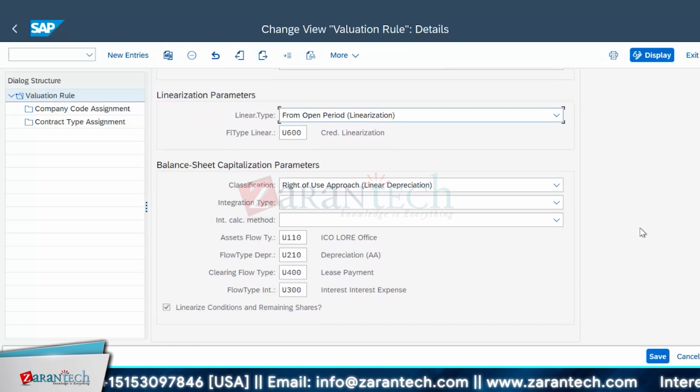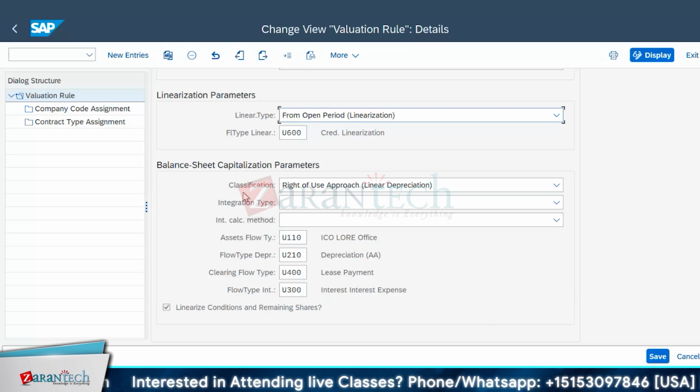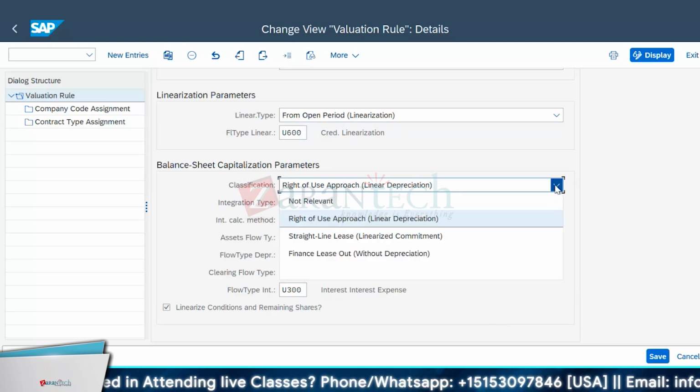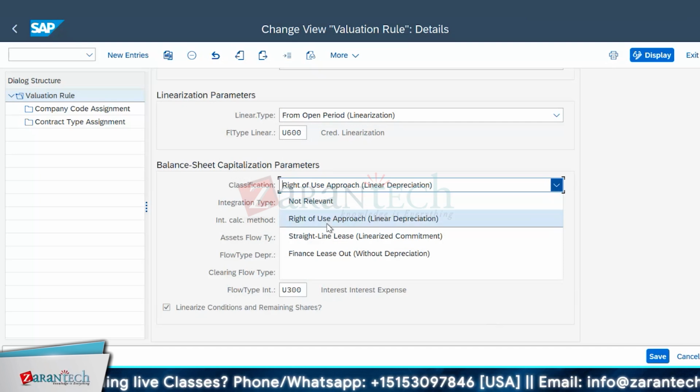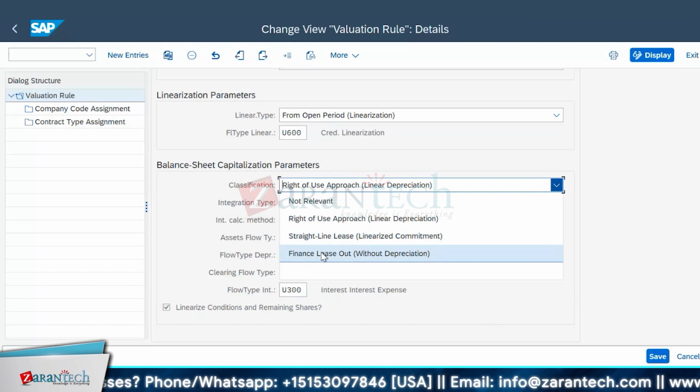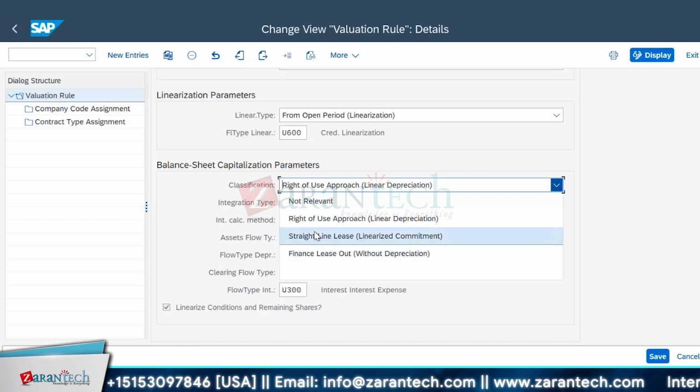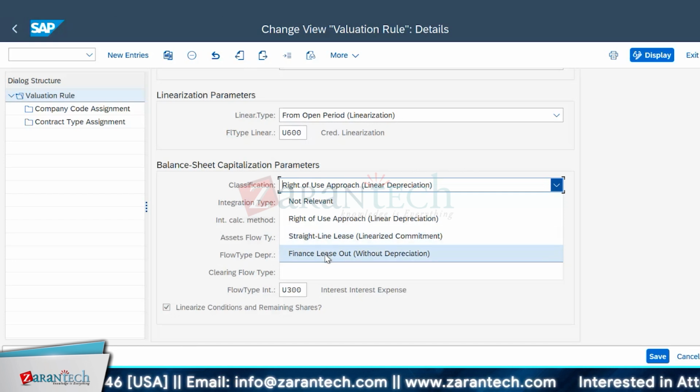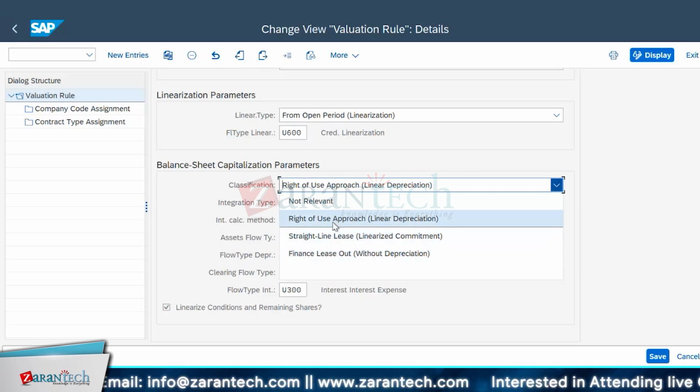Okay, fine. The last topic of these inside settings is balance sheet capitalizations parameters. What is this? The name itself suggests classifications. What are the classifications? Not relevant, right of use approach, linear depreciation, straight line lease, finance lease out. Here you have to define how the depreciations are going to be calculated, and how you are going to differentiate between the leases. Here, for balance sheet capitalization, always you have to select right of use approach,